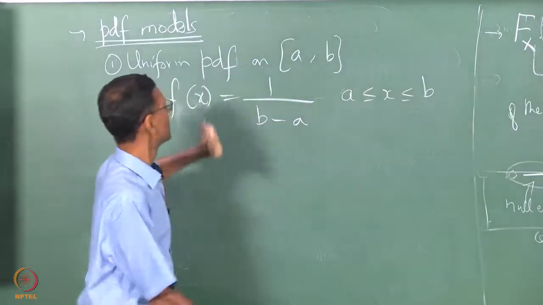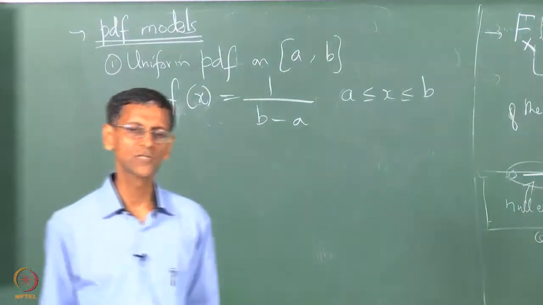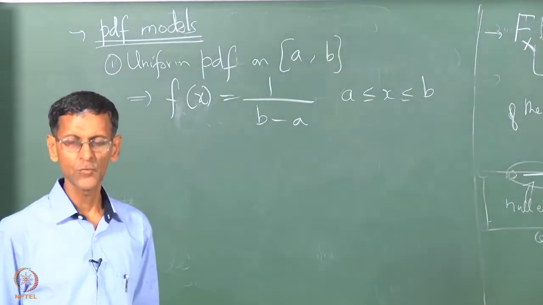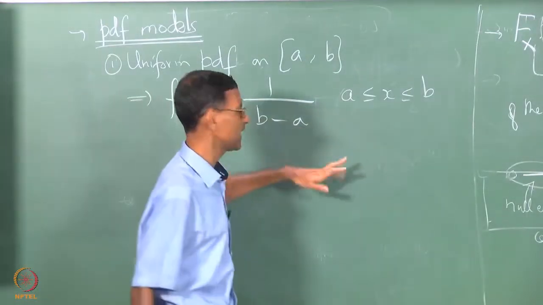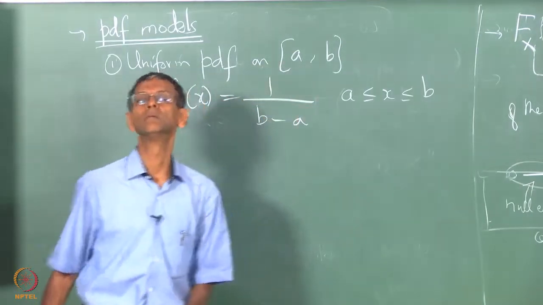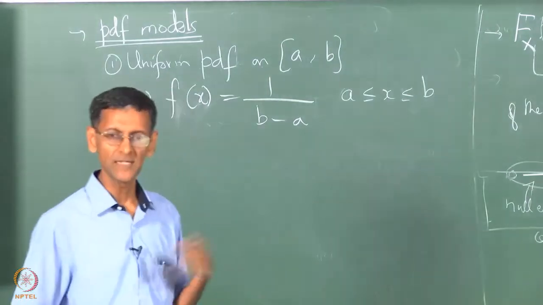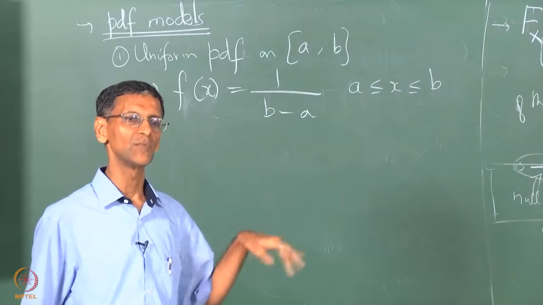So this is one of the most important continuous situations that you see in practice, as we have already seen in the spinning pointer case. More importantly, the 0 1, that is in a sense more basic than 0 to 2 pi, because that is the basis of all continuous random number simulation that you do,